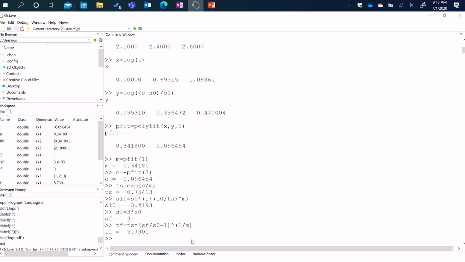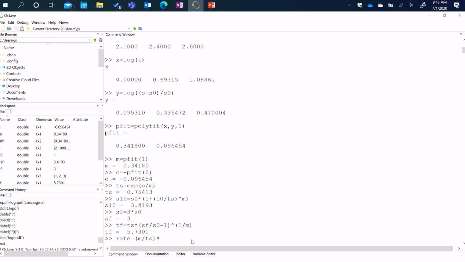And the last question was, is the rate increasing or decreasing? It appears from what we are seeing here that the rate is decreasing because it takes 4.3 years to go from 3 microns to 3.4 microns. So I'm going to guess this is a decreasing rate. But let's calculate the rate and see if that's indeed the case. So the rate is m divided by Ts